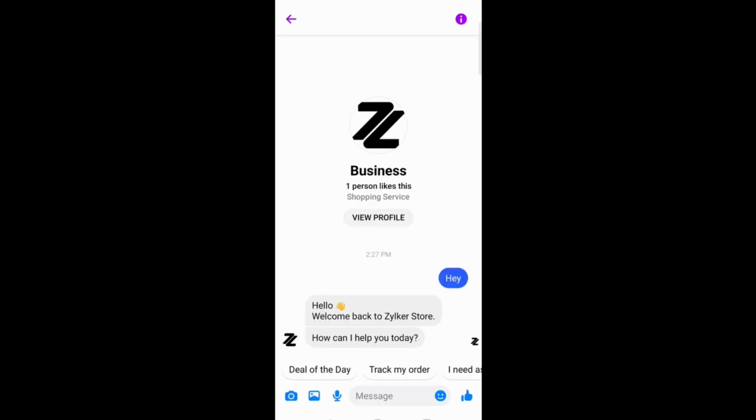In this Facebook demo, as you can see, when visitors reach out to you via Facebook, this is how the bot will respond. When they reach out to your business, first you give them a couple of options based on what kind of business you are. Let's say you are an e-commerce business and they are reaching out to you, and you give the options about a deal of the day for a new prospect. They are new to your page, they haven't bought anything previously, so they are coming to your platform for the first time. You give them a deal of the day offer,